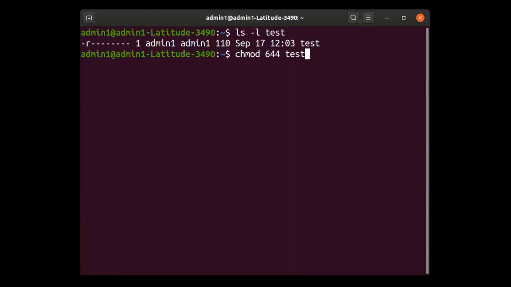So now see, 644 is very simple to read, very simple to understand, and very simple to execute as compared to your U, G, plus, minus, R, W, right? All those things. So of course, there is no standard methodology to be kept in mind by any programmer to change the permissions, right? It all depends upon your comfortability level. Either you can use symbolic mode or you can use absolute mode. Okay, I am more comfortable with absolute mode, so I always use absolute mode of changing the file permissions. Okay, now let us see the impact of this 644.